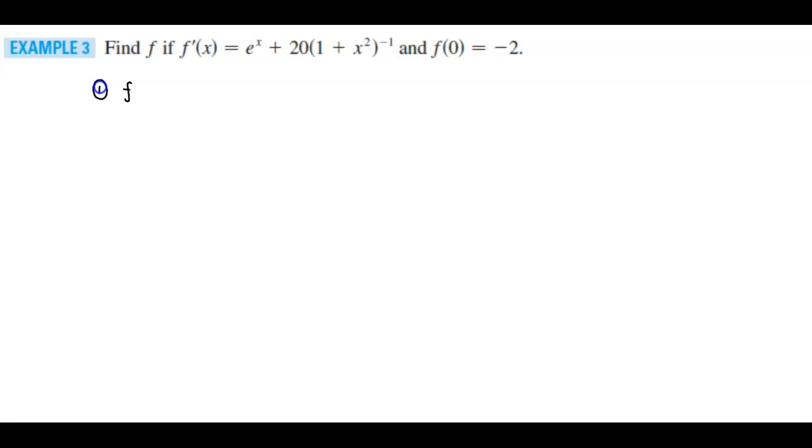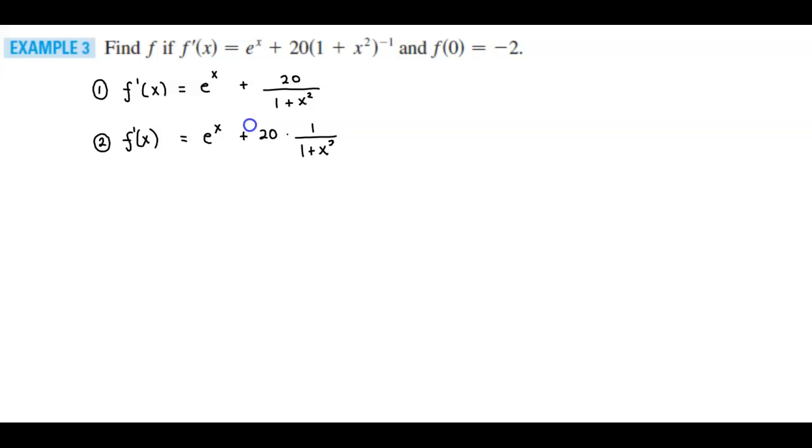So we know that f prime of x is equal to e to the x with 20 in the numerator here. And since the quantity is raised to the negative power of 1, it's going to be over 1 plus x squared to the first power. Okay, and so what we know here now is we can rewrite this in terms of the following. We have f prime of x, which is equal to e to the x plus 20 times 1 over 1